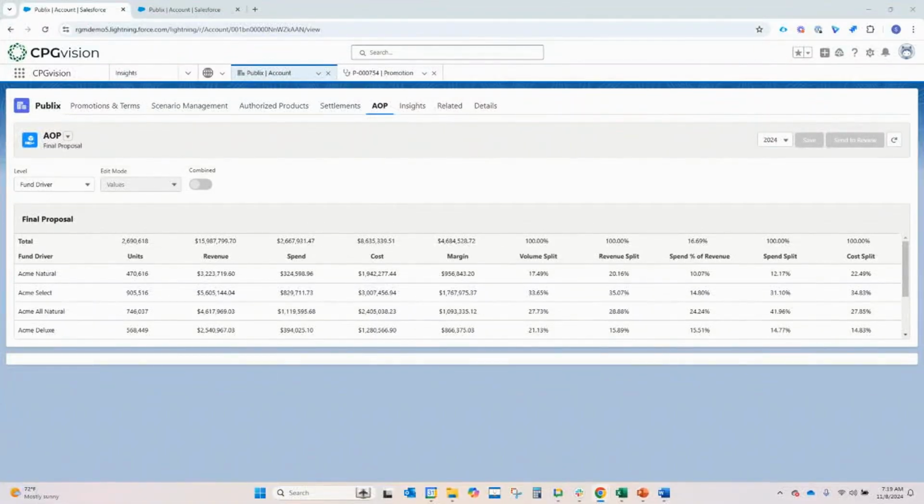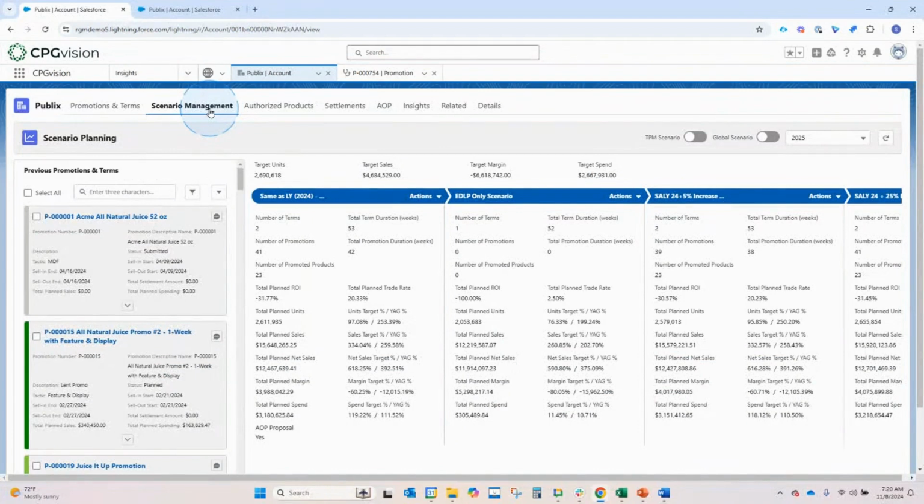Now that global scenarios and corporate targets have been finalized and pushed out, it's time for the CAM to begin annual planning for their account. Within CPGvision, when the CAM opens up their account-specific page, they gain visibility into key areas such as the corporate AOP targets pushed to them, and have the information needed to effectively begin their planning within scenario management, so that